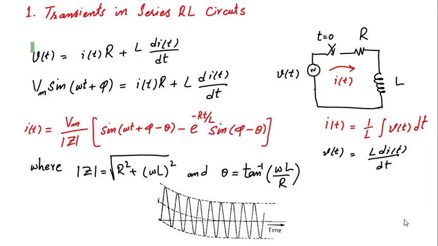In case of pure inductive case, we have seen that if switching is taking place at zero crossing, we have maximum DC offset, and if it is occurring at the peak value of the voltage waveform, we have no DC offset. But in case of RL circuit, that switching instant at which we have maximum or no DC offset has slightly changed, because this time the DC offset is equal to sin(phi minus theta). It depends upon two angles, the instant on the voltage waveform and the impedance angle of the circuit. So these two angles will decide the instant on the voltage waveform at which we have either maximum DC offset or no DC offset at all.